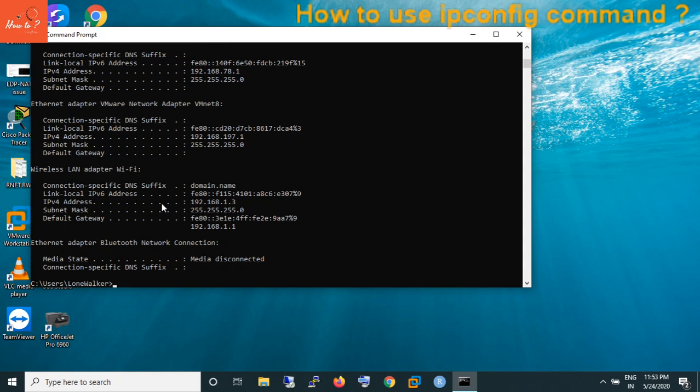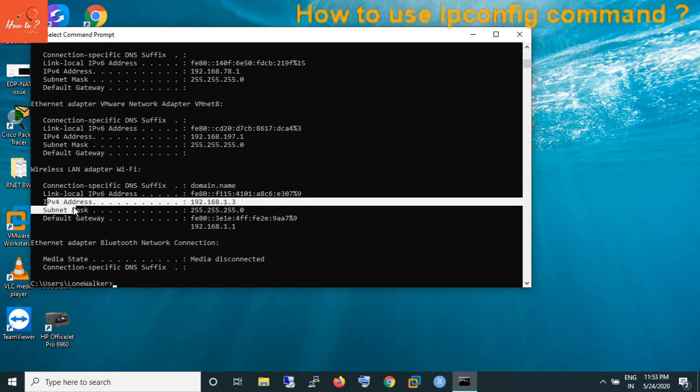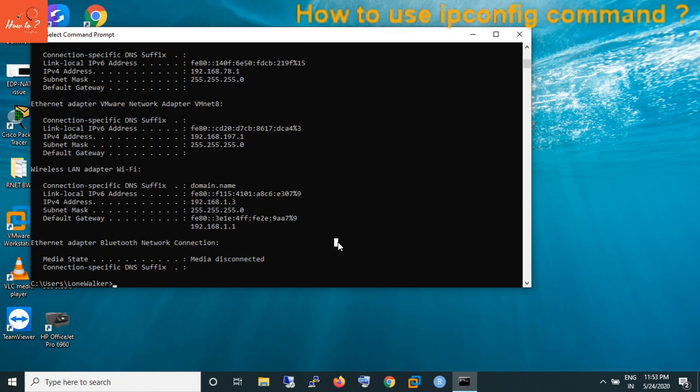Earlier it was displaying auto configuration; now you can see the difference, it is only the IPv4 address. So this was the release and renew switch, and with it we can specify for which adapter we want to release or renew the IP.